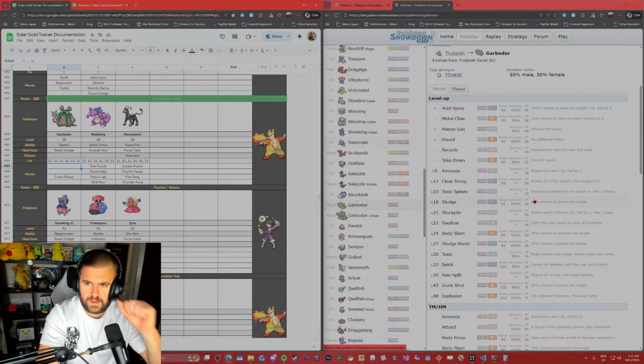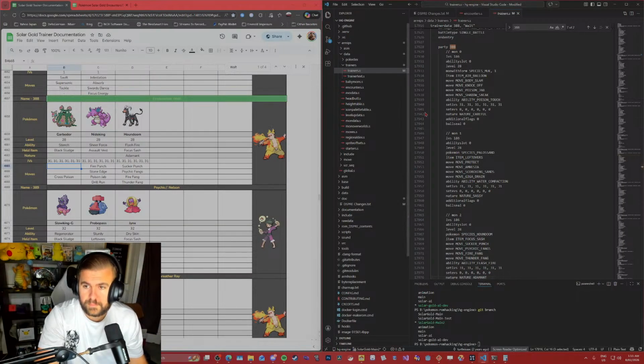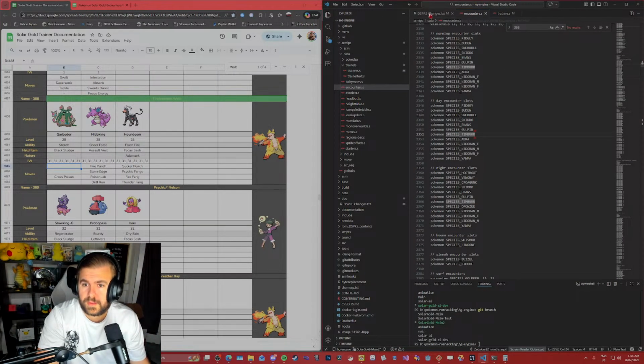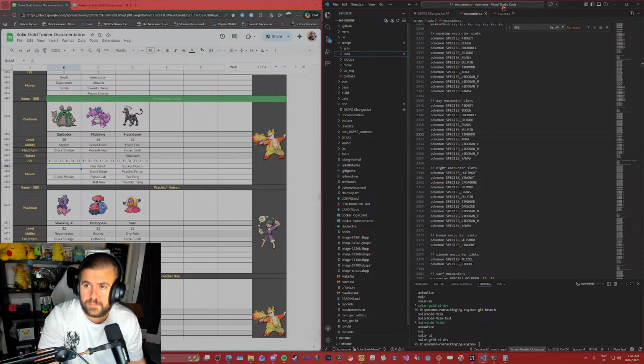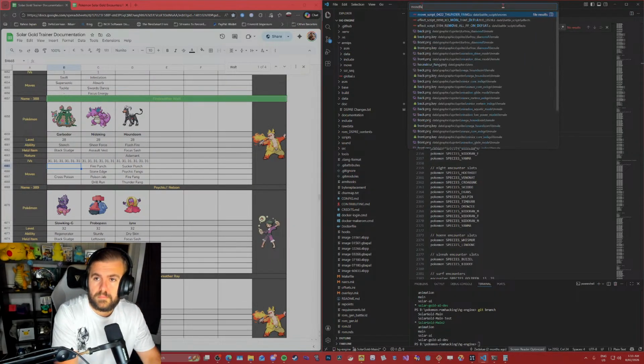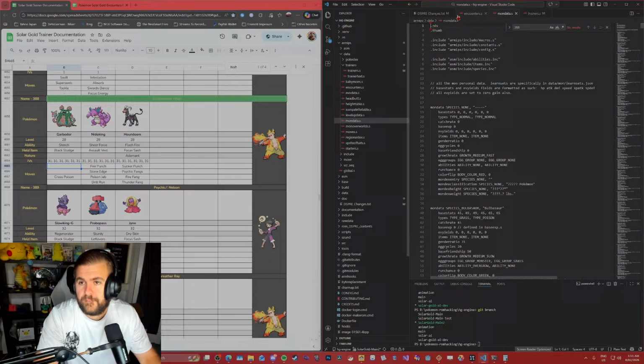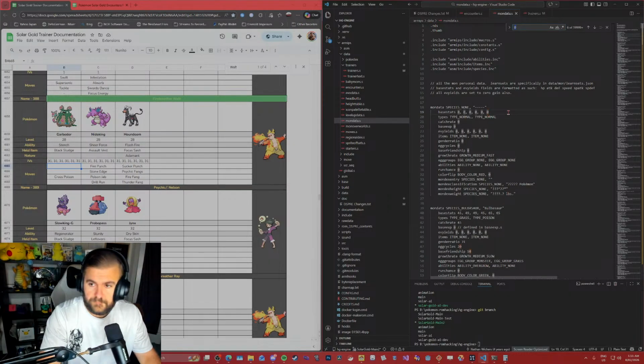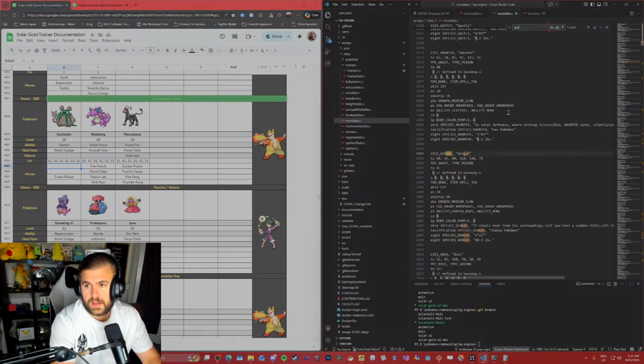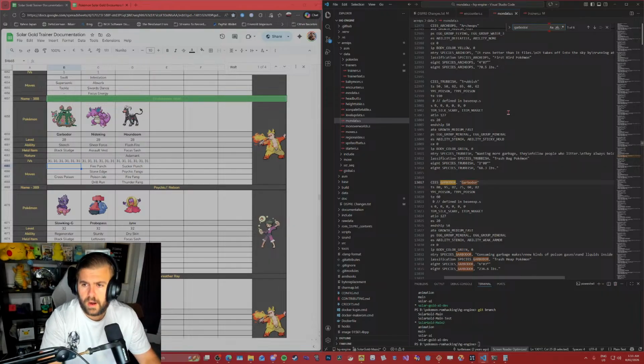Another thing that happens too is generally you make him a steel type as well, which I think is something I want to do. If I go into mod data, let me look up Garbodor.